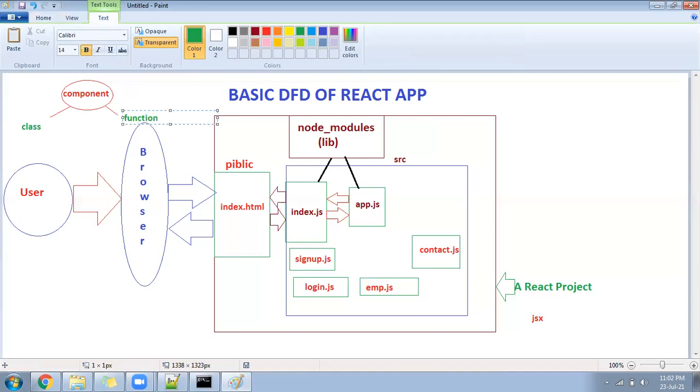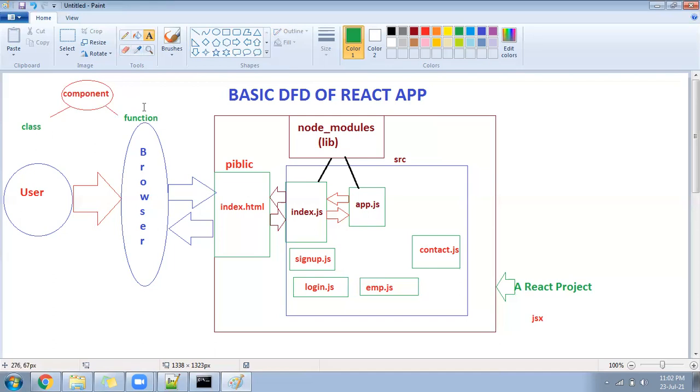In this video, whatever we are going to learn will be based on function. Then you will ask, if the class concept is better, why are you following function? Actually, the class component is getting old in React now because Redux has come, and Redux is fully based on the functional component. So you should follow the functional component. The functional component is the best choice now. This tutorial is fully based on the functional component, and that is an awesome feature of React. If you understand the functional component, then you are ready to work on Redux.